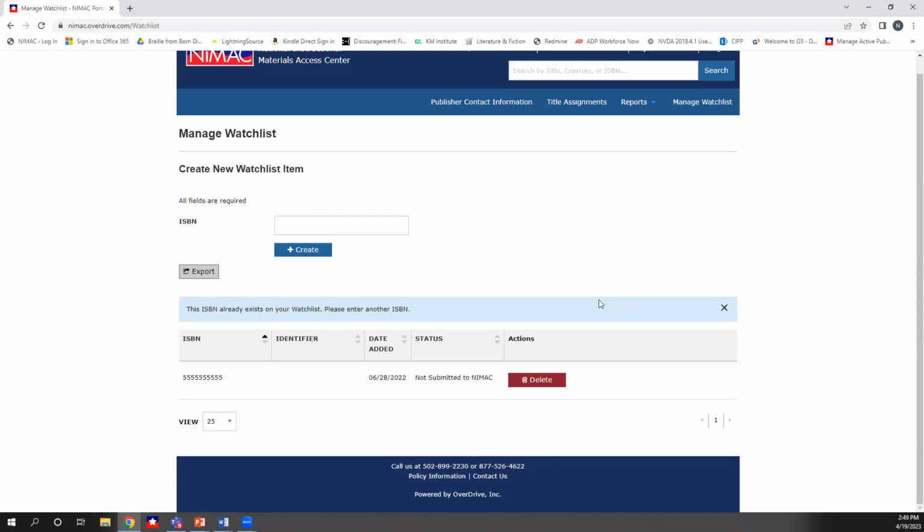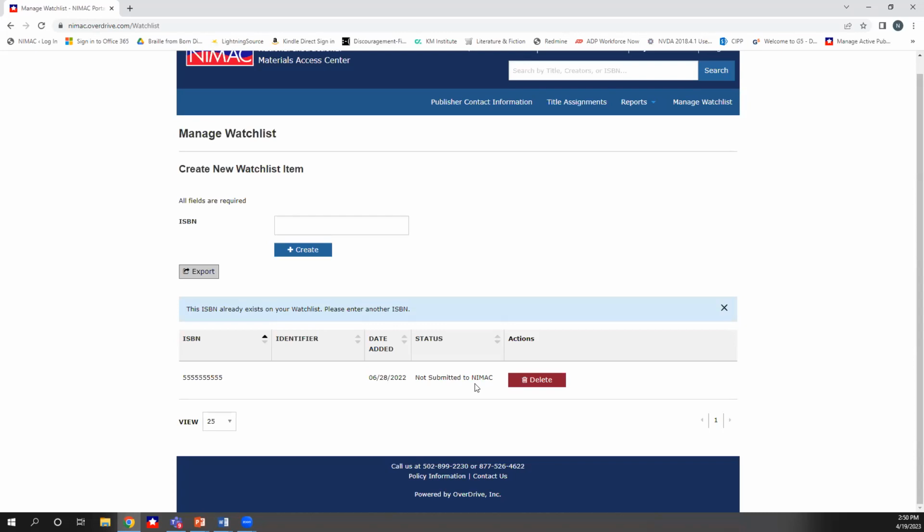If you are ever in your watch list and you see a status of certified, that means that it was certified after you added it, because the page will not let you add something that's already in the system. It'll tell you, hey, this is already available, you don't have to add this to the watch list. So the takeaway from that is just that if you happen to go in and see, oh, hey, these two items are certified, but I never got an email, then that would be an indication that there's an issue with the automated emails getting to you.